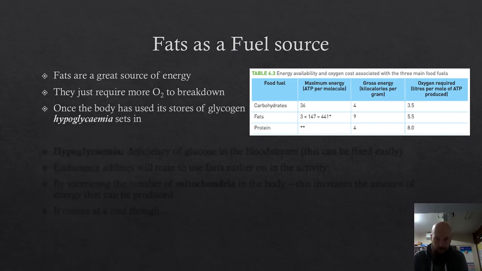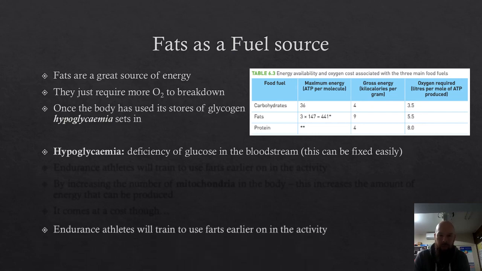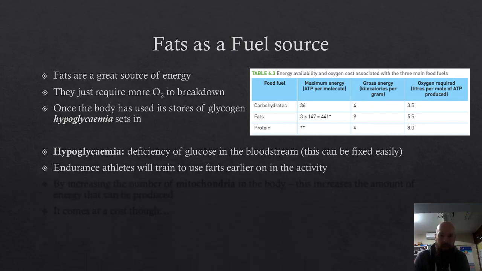So once the body has used its stores of glycogen, hypoglycemia sets in. Diabetics, you would have heard them saying they're having a hypo moment. So hypoglycemia is the deficiency of glucose in the bloodstream, which is easily fixed. How do we fix it? We eat sugary lollies, those sort of things. Endurance athletes will use